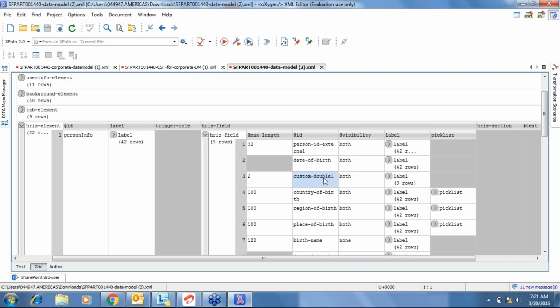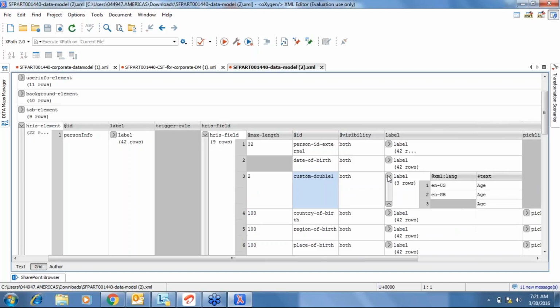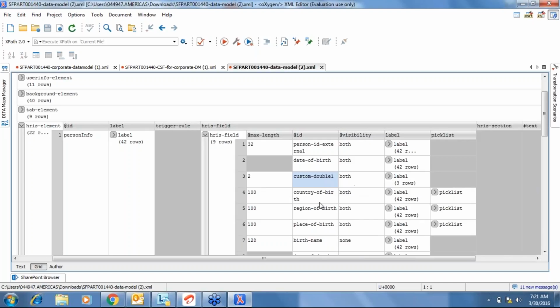Custom double is for numbers, decimal numbers, whereas custom long is only for integers. Custom double is for even the decimal. It'll accept 46.5 years or 34.2 years, like that. So we have used one of the custom fields as age,